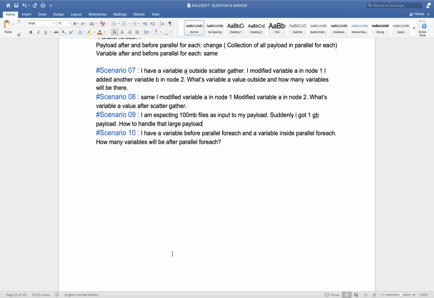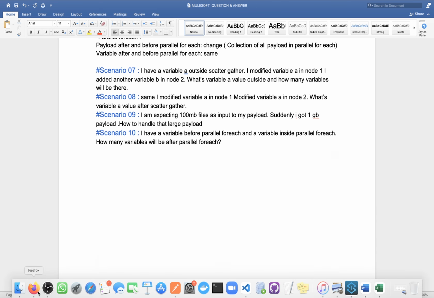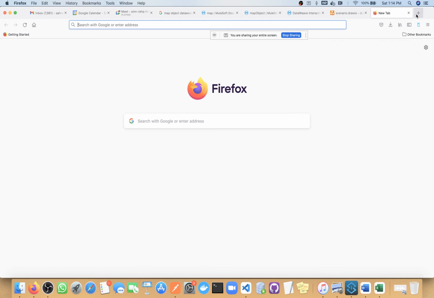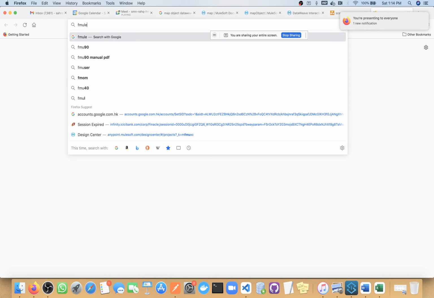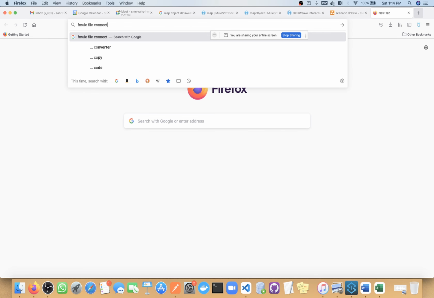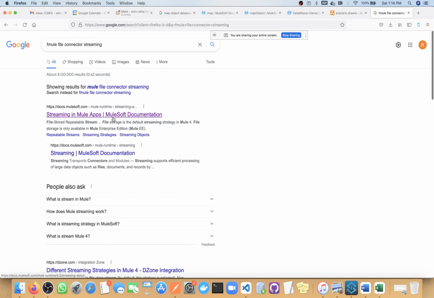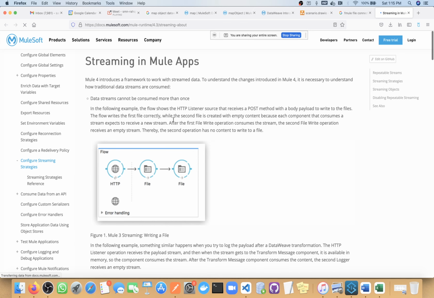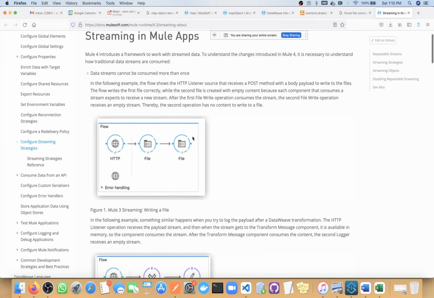Okay, in the connector only, like you have multiple for each connector, you will have multiple properties. So in the file connector, in advanced settings, there should be a streaming option. So here we have the file connector.